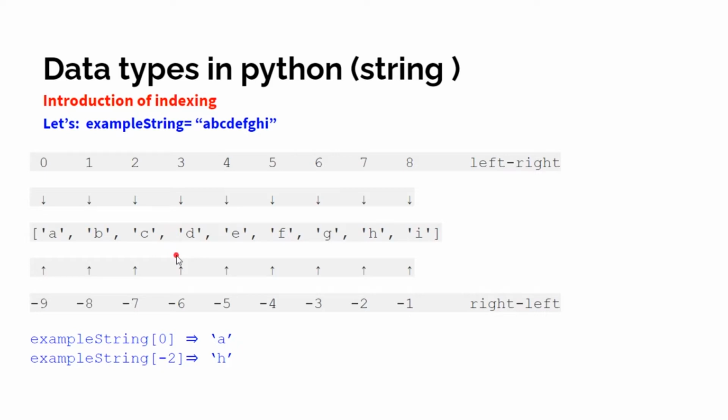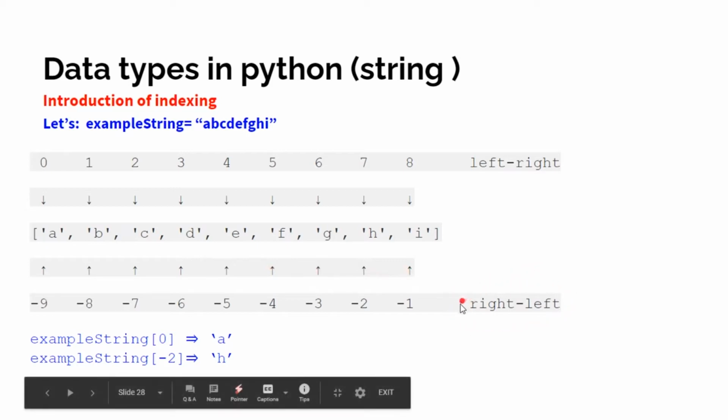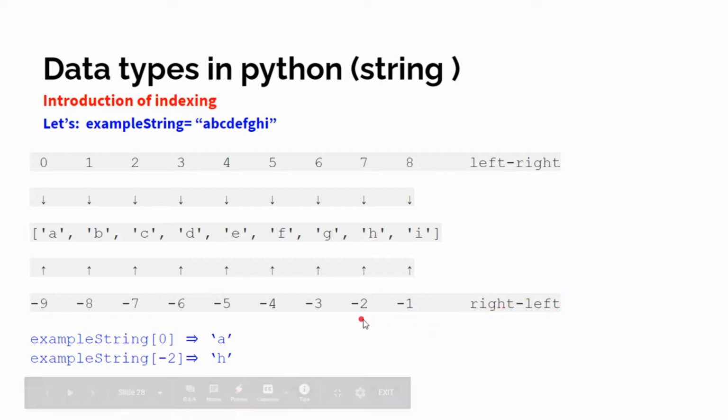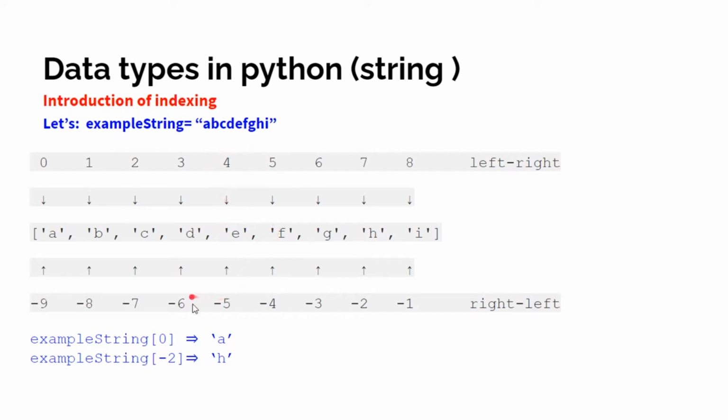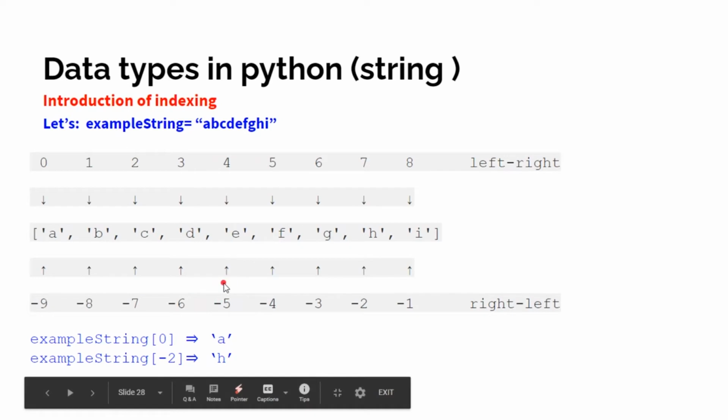Yeah, right. Similarly, if we go with right to left indexing, then we will start from -1, then after -1, -2, then -3, then -4. Similarly, we have 9 elements here, so we will go from -1 to -9. If I ask you what is the index of E, then you will answer that the index of E is 4 or -5. Is this clear, everyone?